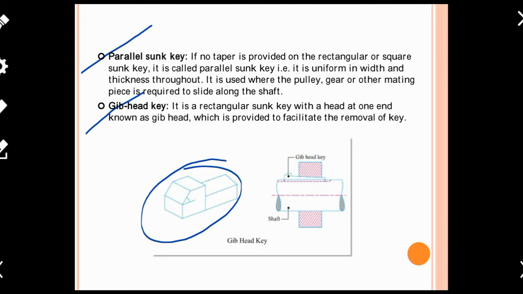That means suppose there is a complex machinery and there is an intricate part where two shafts or one shaft and one rotating member are required to connect. At that time it will be very difficult if you are using the previous cases like the rectangular or square key, it becomes very difficult to remove or assemble this type of key between those two parts. So ultimately if you provide a special shape to this key, it becomes so easy to remove or insert such a type of key between shaft and rotating members. So herein the gib headed key finds its special application.